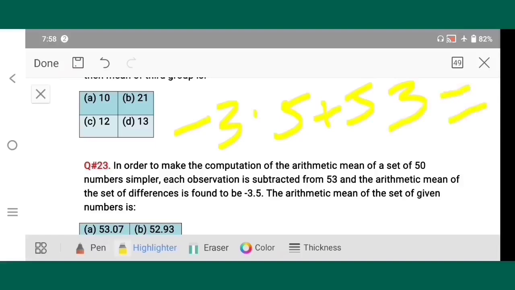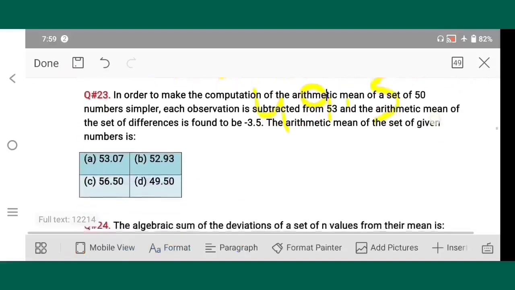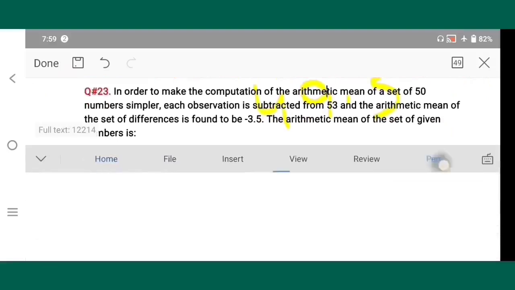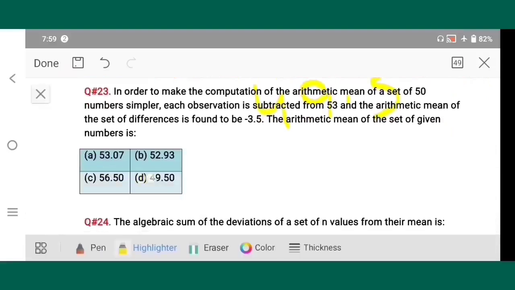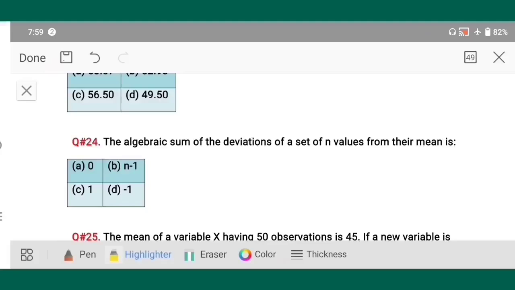So this gives 49.5. So our correct option is 49.50. Question number 24. The algebraic sum of the deviations of a set of n values from their mean is,